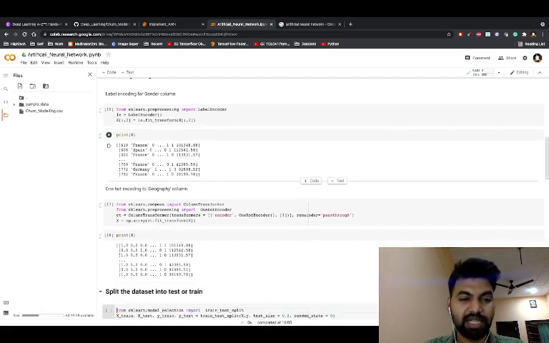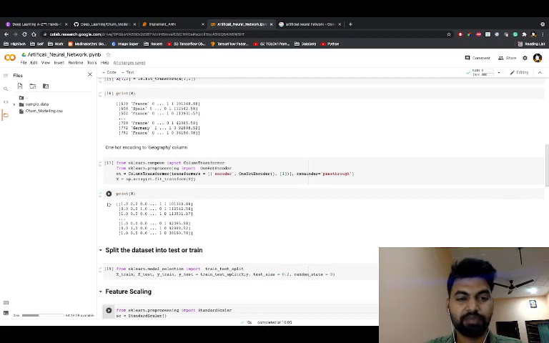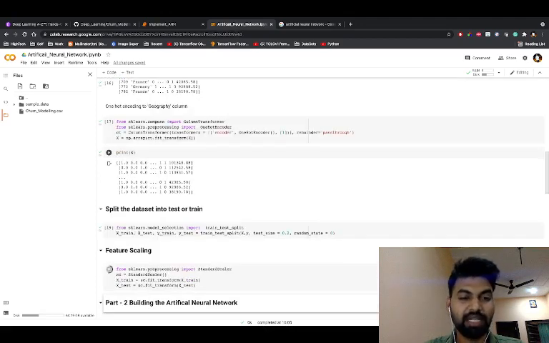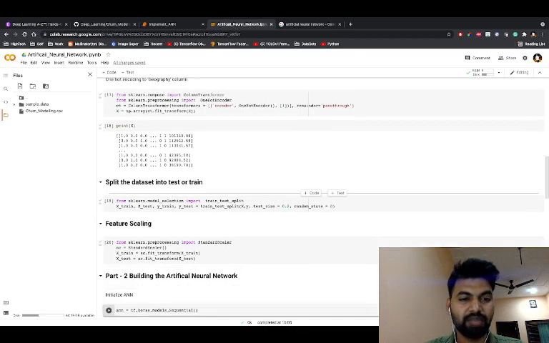Now we are splitting the data set into test and train. I'm just running this one, so it will divide the data set into X train, X test, Y train, Y test. After that I'm applying a feature scaling on that one, just to maintain all the variables within the same scale. Now this is for building the artificial neural network, where we need to initialize the layers and all, right?